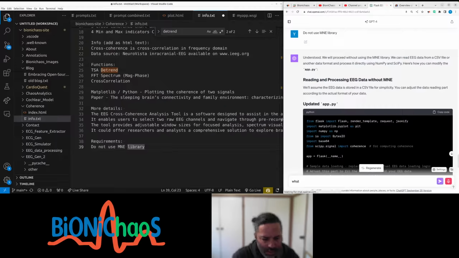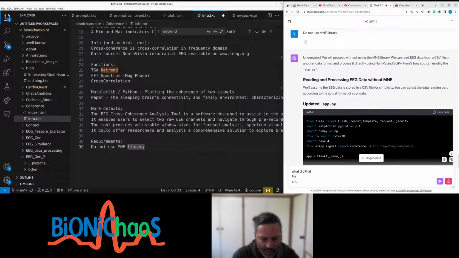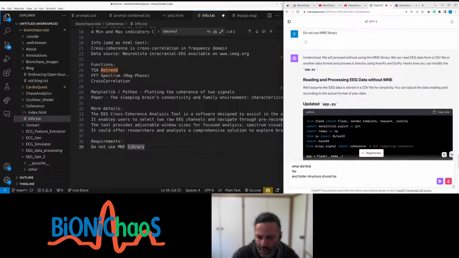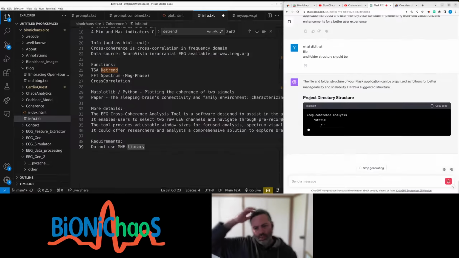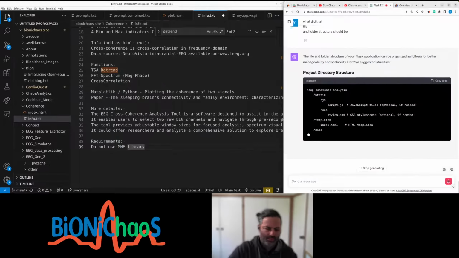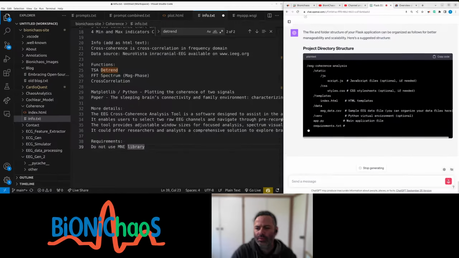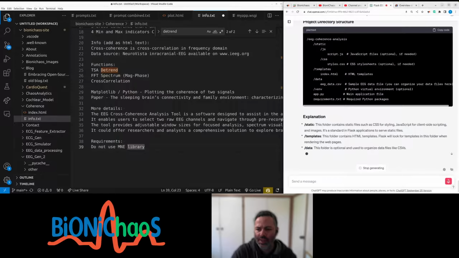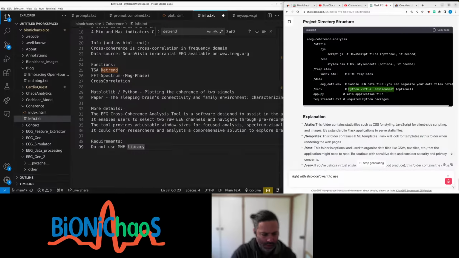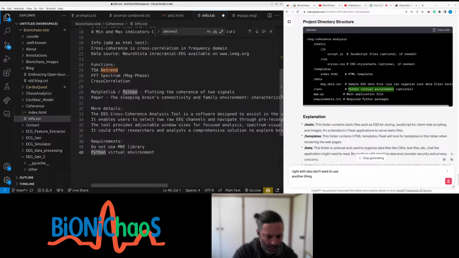What the data file and folder structure should be. Right, we also don't want to use, it's another thing. Do not use